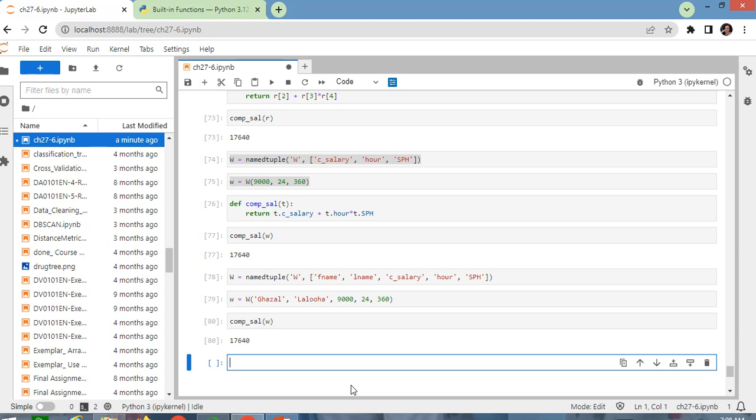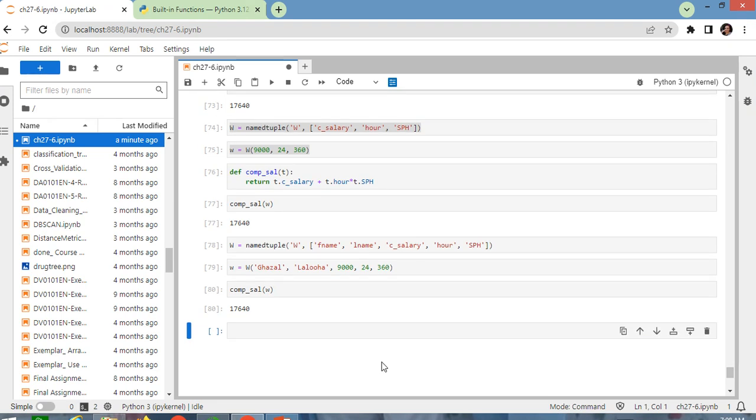Okay, now again, if we call this compute salary with this W, you can see that the result,